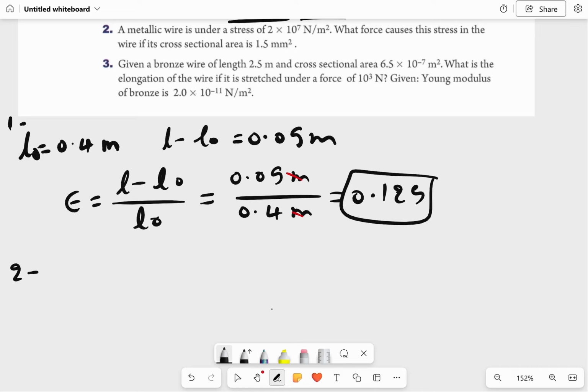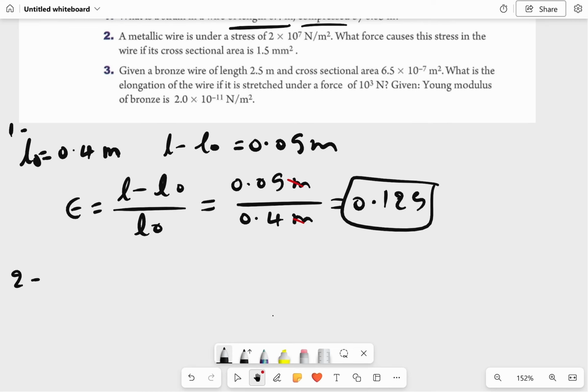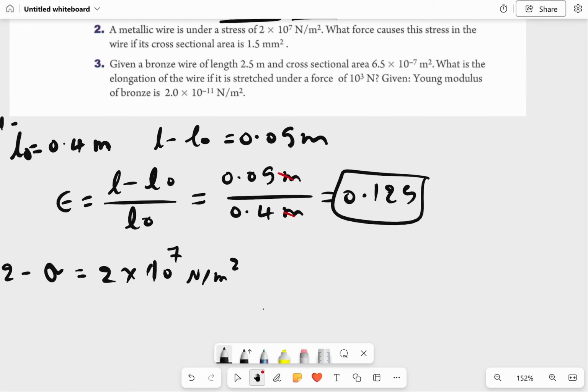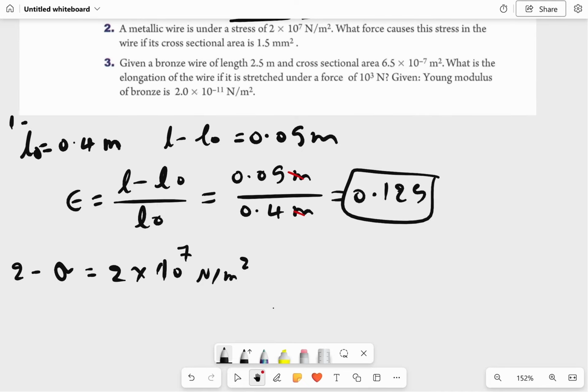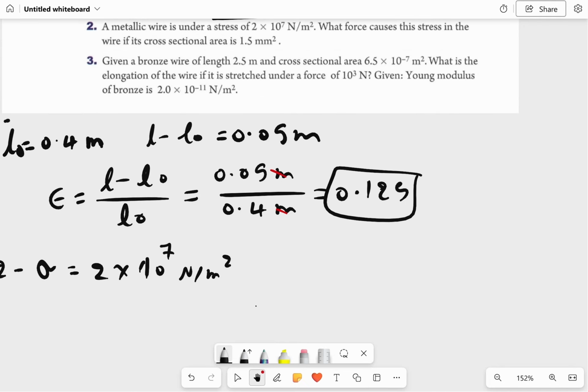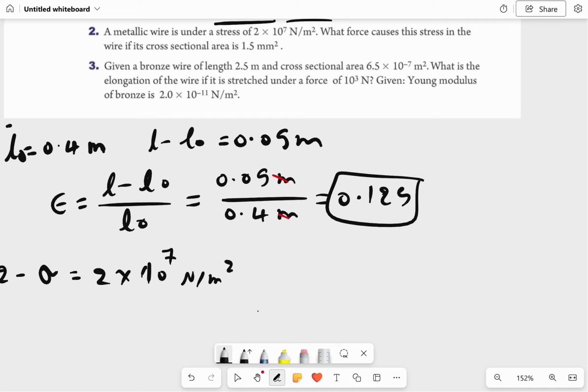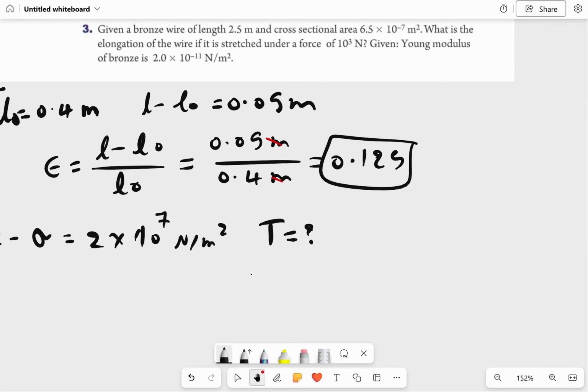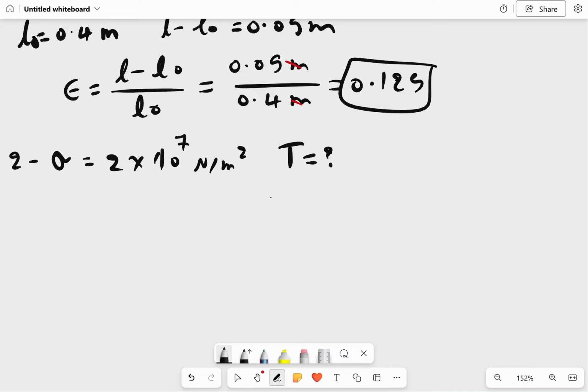Question 2, it says what? It says a metallic wire and the stress. So stress is equal to 2 times 10 to the power of 7 Newton over meter squared. What force causes the stress? So it says what force, okay? We only have one force when we are dealing with stress, Young's modulus, and strain, which is tension. So tension is equal to what? If you have cross-sectional area, if you have area, which is equal to